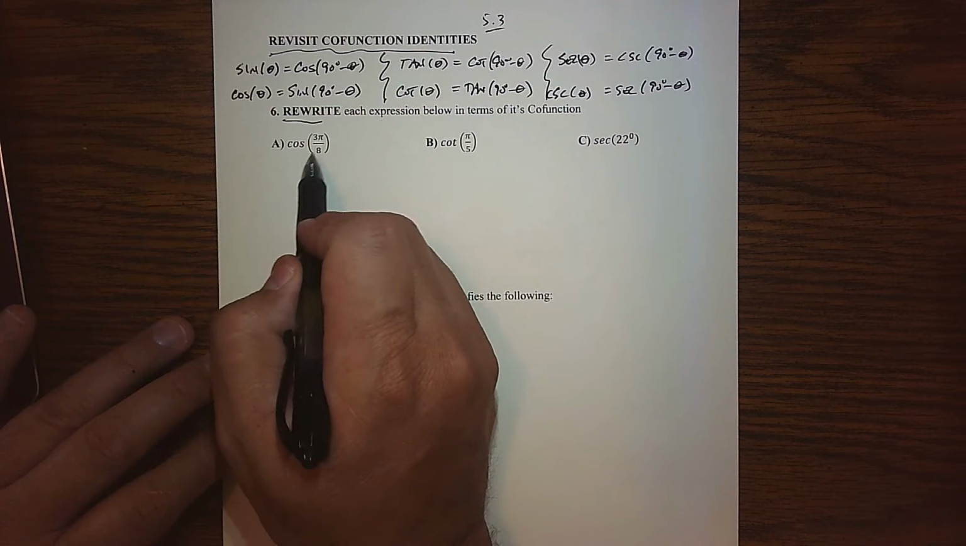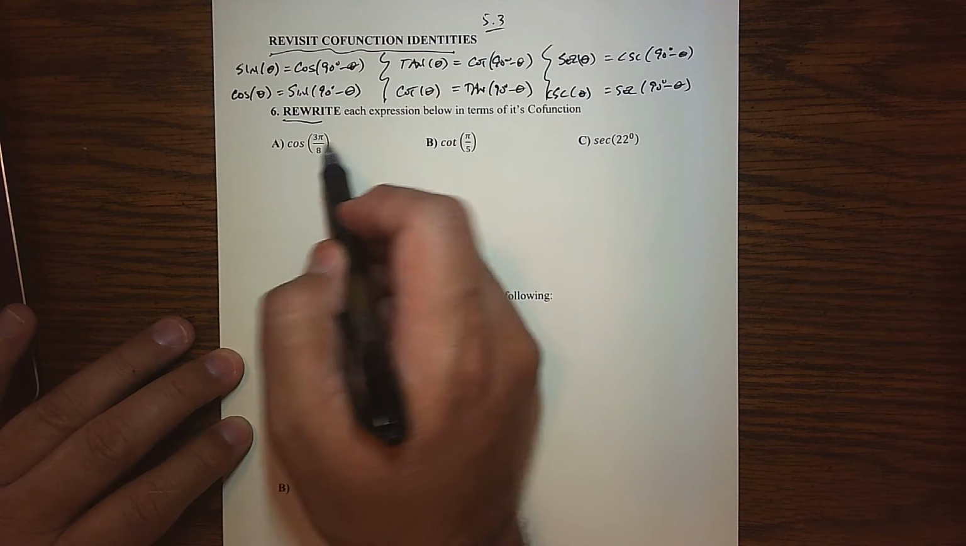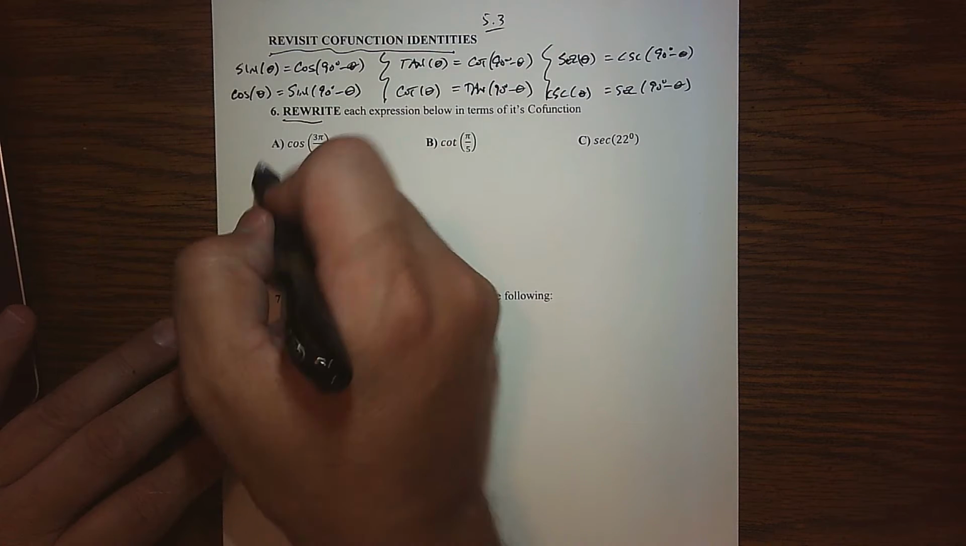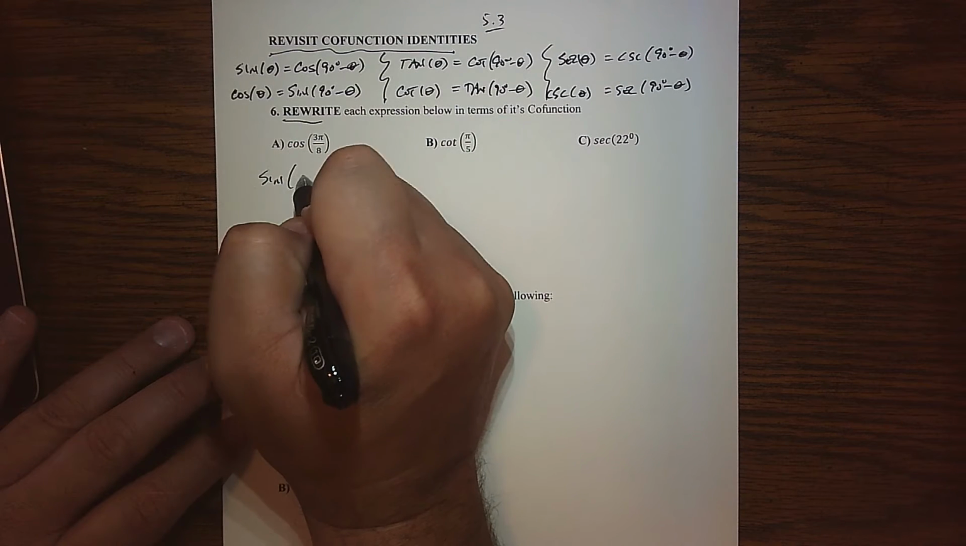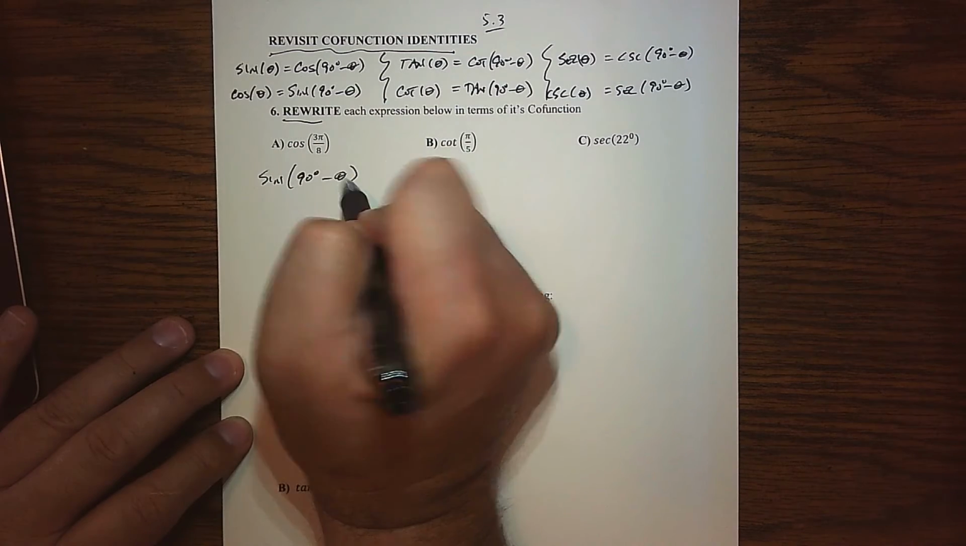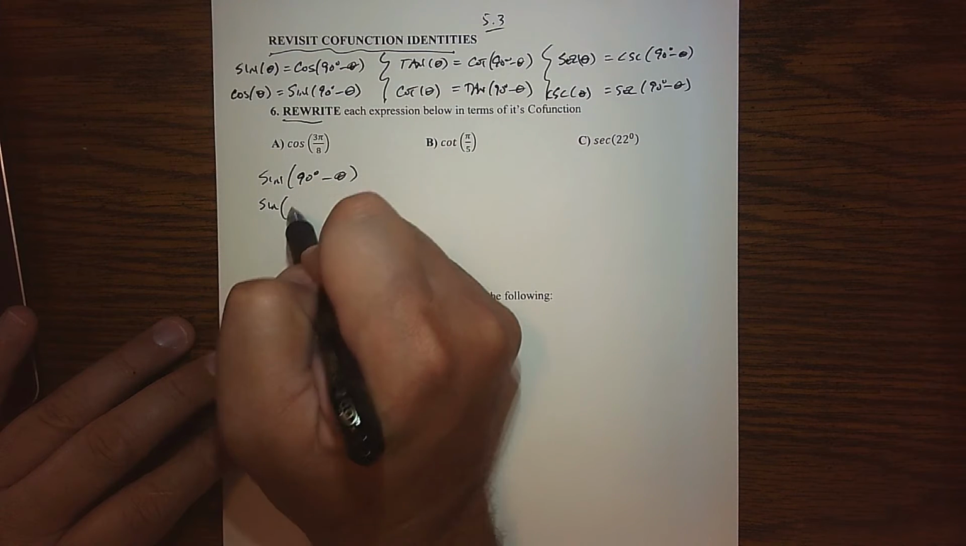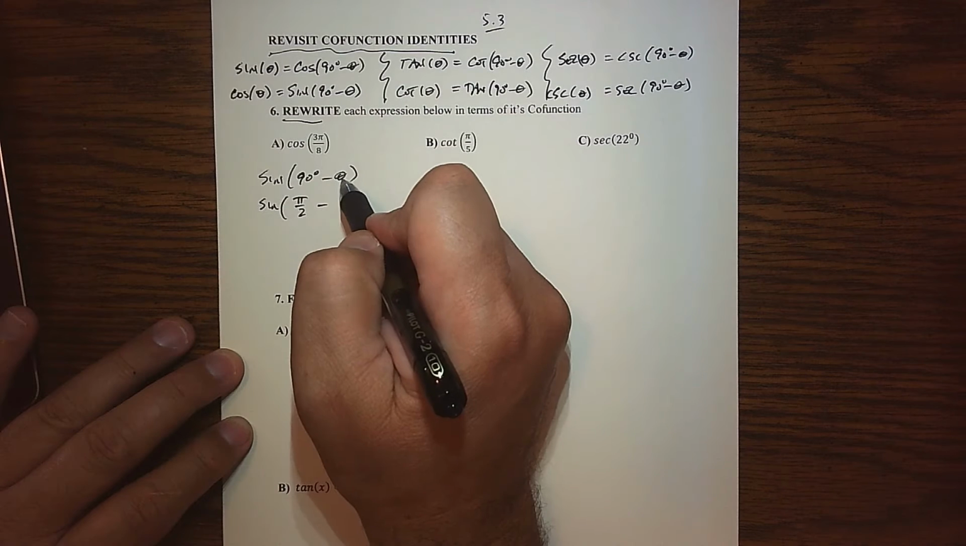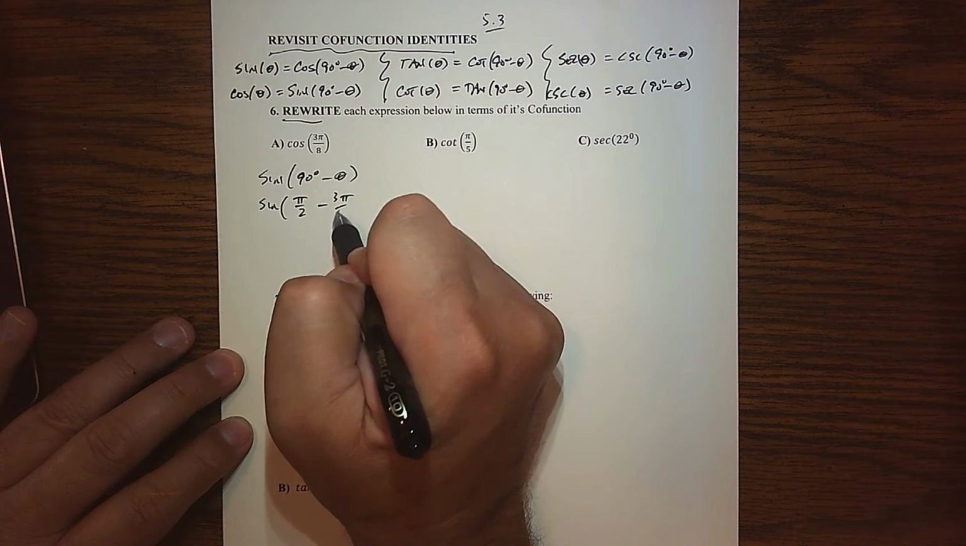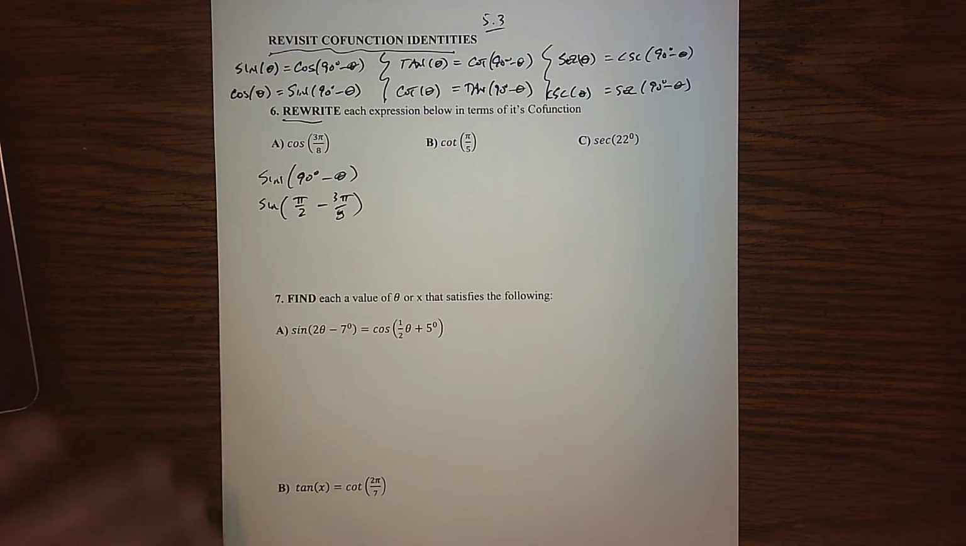So right now I have the cosine of 3 pi over 8. And so in terms of a cofunction identity, we know that this is the sine of 90 degrees minus theta. Right, but first of all, we're in radian mode. So this becomes a sine of pi over 2, and then theta is given, that's 3 pi over 8. So we're basically going to rewrite that as the sine of pi over 2 minus the angle that's given, 3